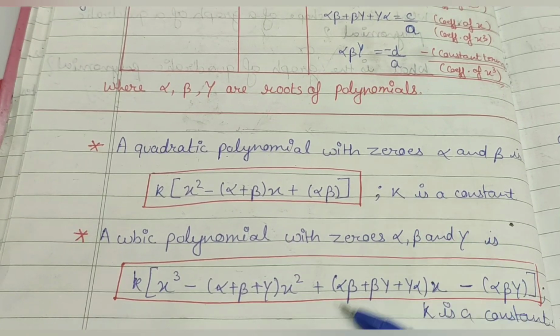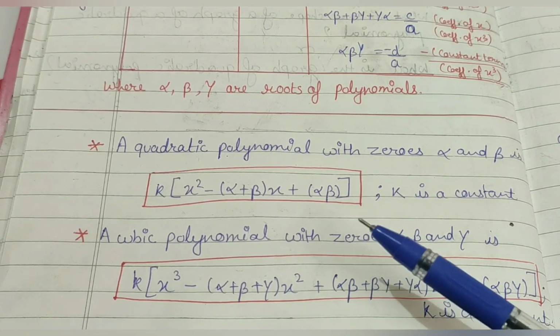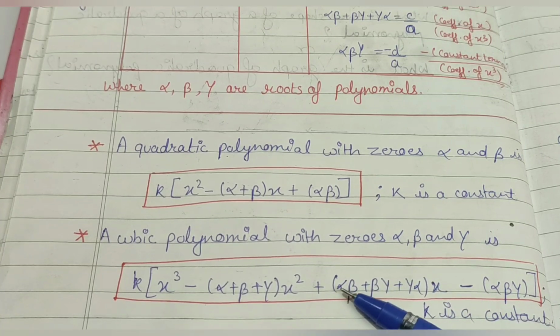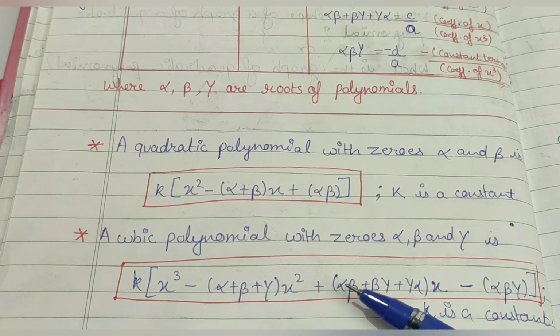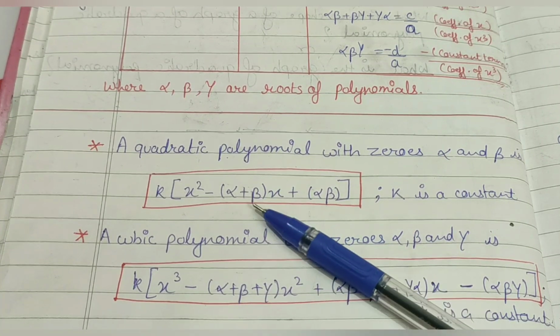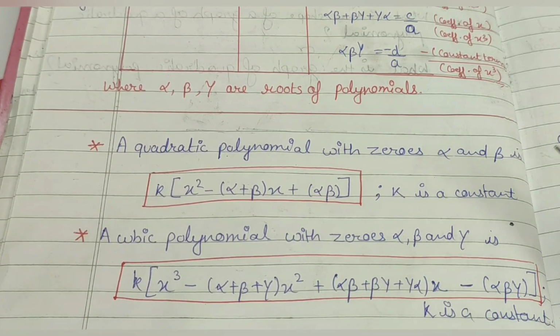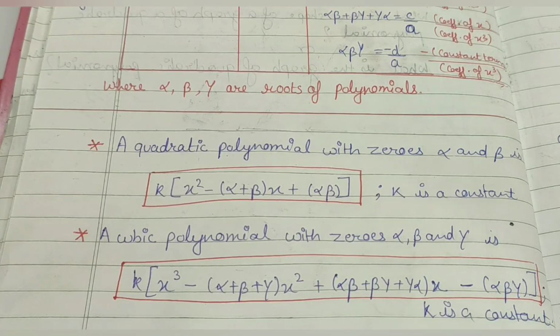And here we can write these equations without k also. So I'll tell you when we need to put the value of k and when we don't require any value of k. So let's have a look. We'll see a few examples. And here basically we have right now three different types of questions, which I'm going to discuss with you.